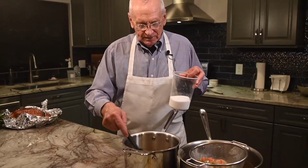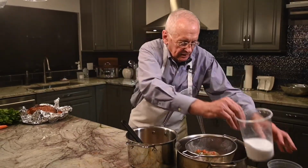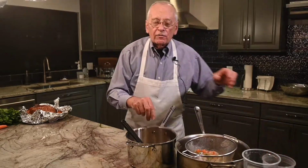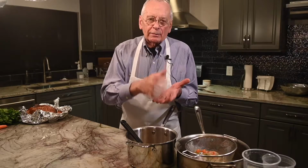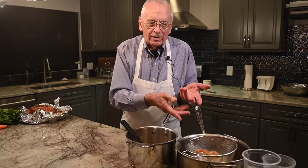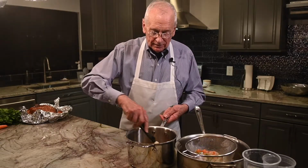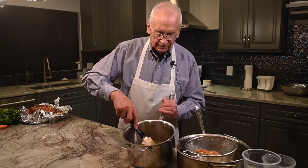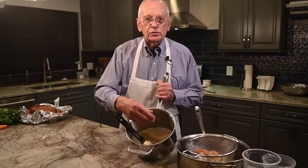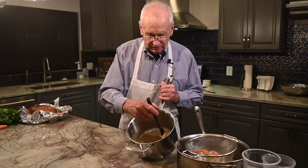So here we have it. And I'm going to just add a little bit of salt and a little bit of pepper. And here again, be careful about that because remember, you've probably seasoned the turkey and you have other seasonings that may have been on the vegetables and so forth, so you might not need very much. But at this point, you have a really nice gravy, nice texture, it's very smooth,